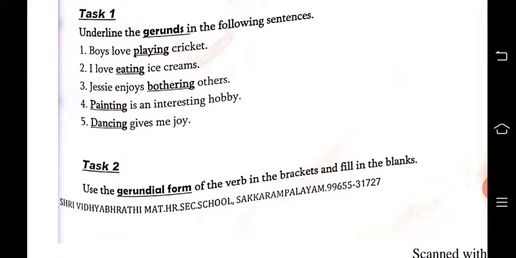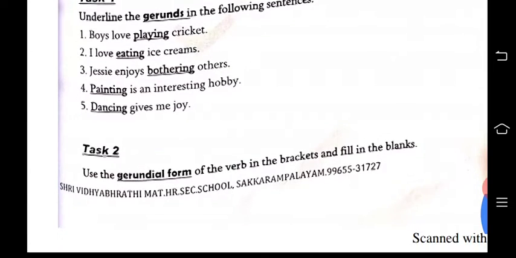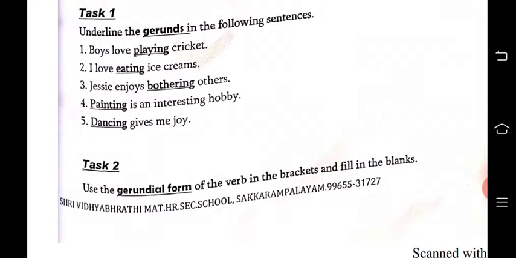Underline the gerund. So here the gerund is playing, eating, bothering, painting, dancing. Boys love playing cricket. I love eating ice creams. Jessie enjoys bothering others. Painting is an interesting hobby. Dancing gives me joy. Okay, and then use the gerundial form of the verb in the brackets and fill in